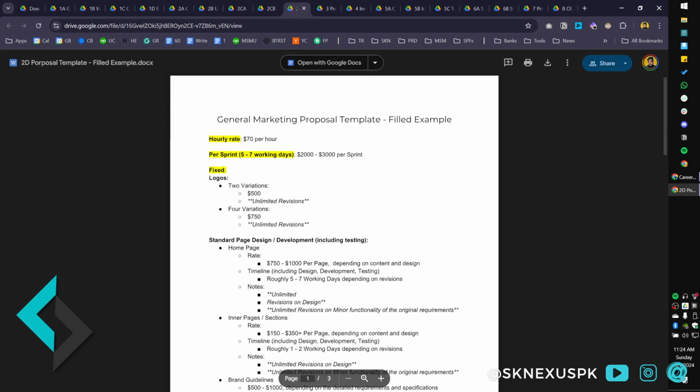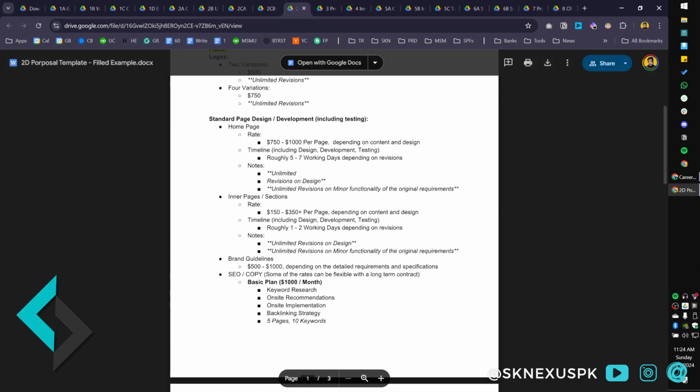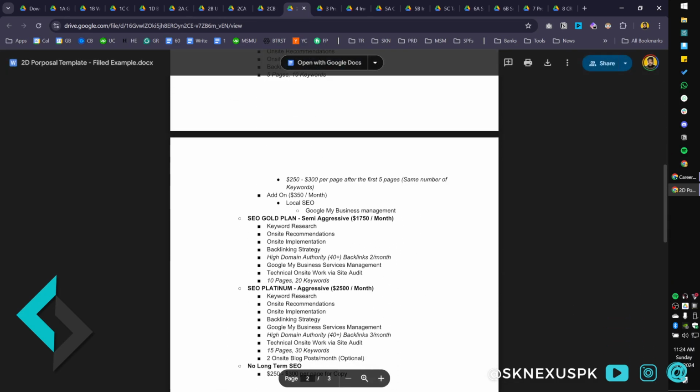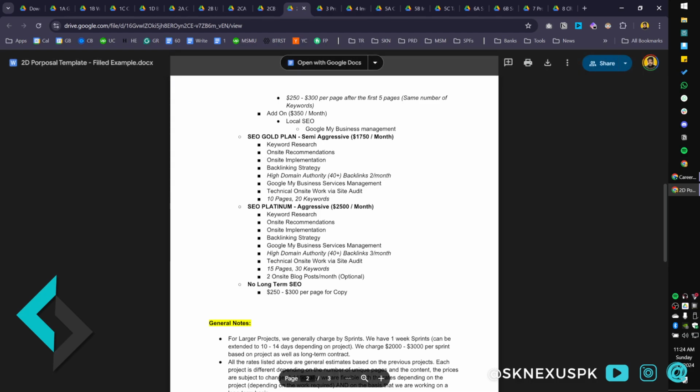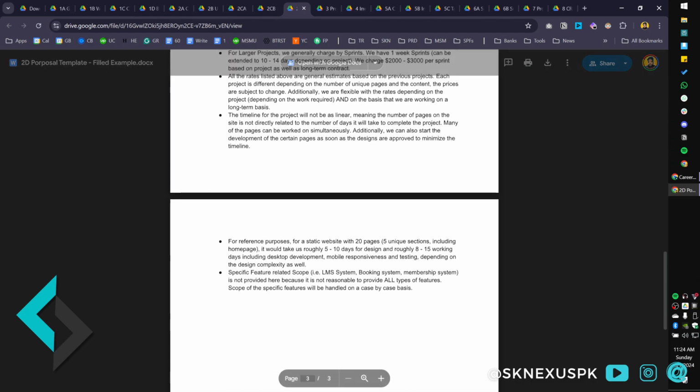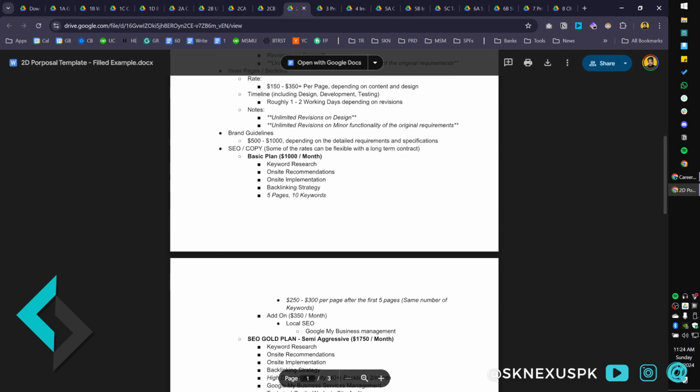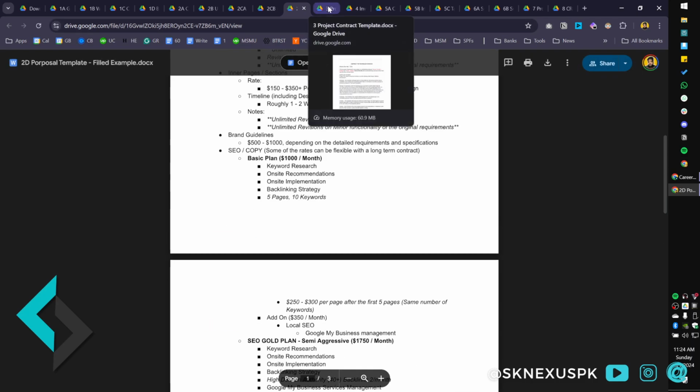Lastly, there is an option here for marketing also. As I said, the focus is software development agencies, but sometimes I've seen marketing design. There's a lot of overlap in deliverables, right? So a marketing proposal can sometimes have website development. This is that example where you do a basic website and then some SEO work on top of it. So there's an SEO plan and general notes. Again, just to start out, not to be an SEO expert or anything.